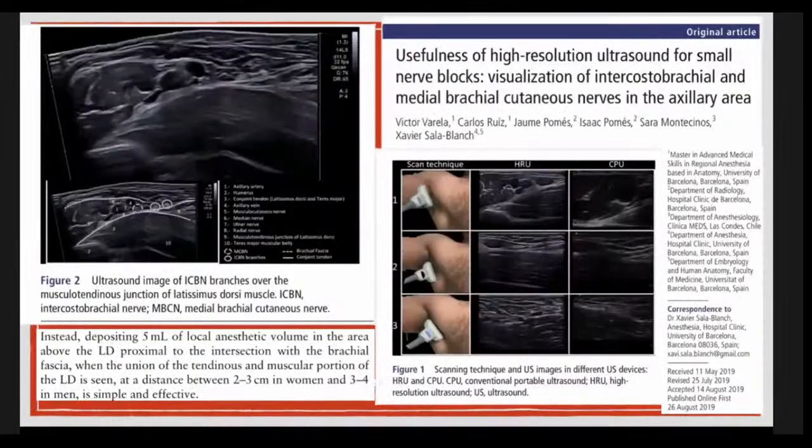So this paper shows the usefulness of high resolution ultrasound for small nerve blocks. The skin of the inner area of the arm is innervated by the medial brachial cutaneous nerve and the intercostobrachial nerve. And the intercostobrachial nerve is located above the conjoint tendon. They described in this paper a close relation between the medial brachial cutaneous nerve and the axillary vein beneath the brachial fascia. So 5 ml of local anesthetic was injected in the area above the latissimus dorsi, proximal to the